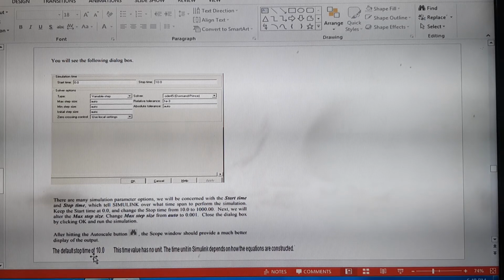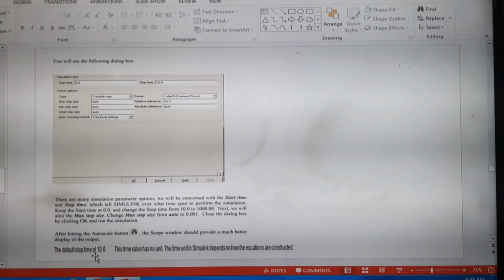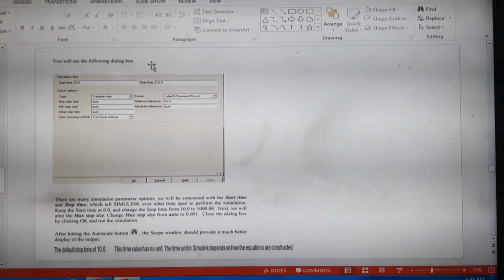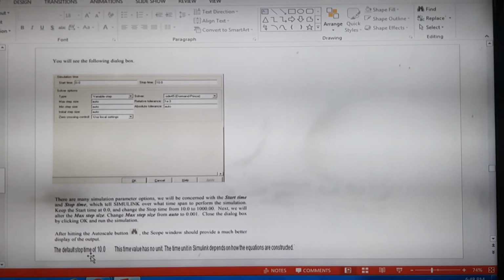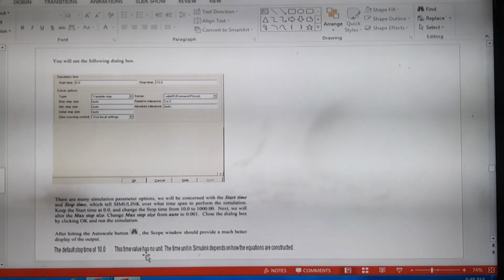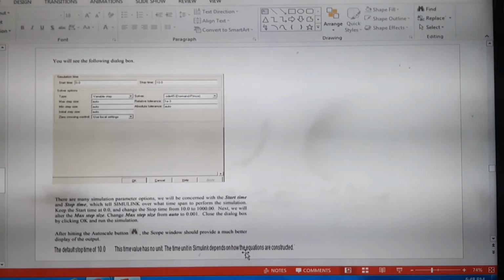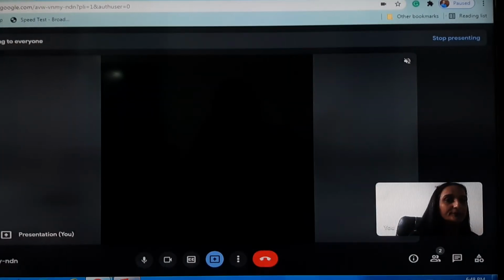By default Simulink uses a stop time, or simulation run time, of 10. It will run the simulation for 10 seconds, but this time value actually has no unit. The time unit in Simulink depends on how the equations are constructed.